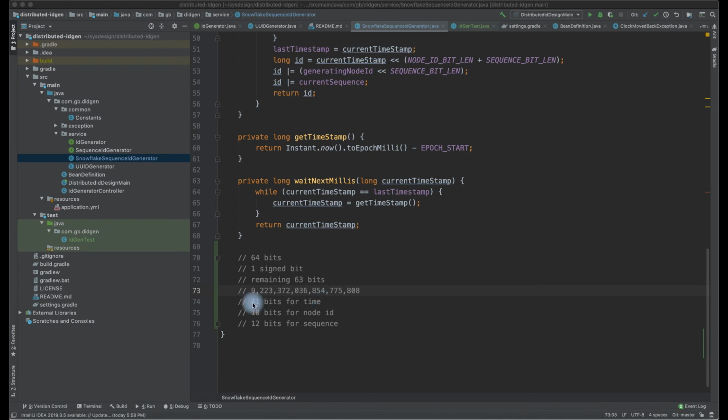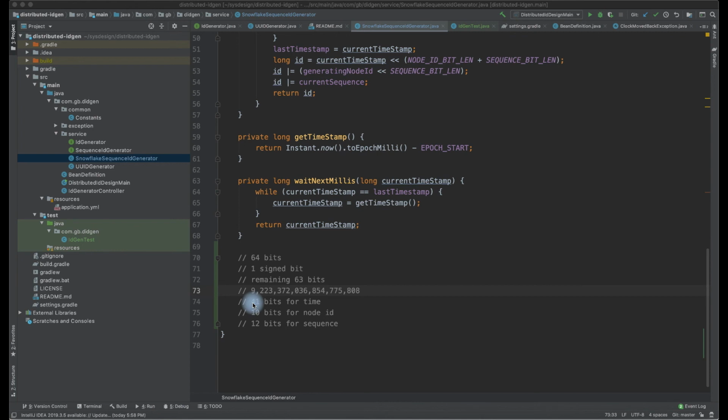We will use the first 41 bits for time, which is going to auto increment. We capture the epoch millisecond and put that in the first 41 bits. Assume that, and as we said, we need to add some more randomness, because more than a few requests may come at the same time.